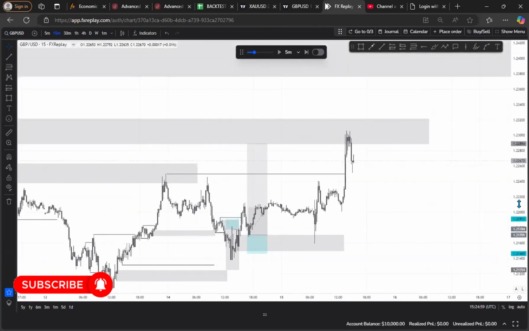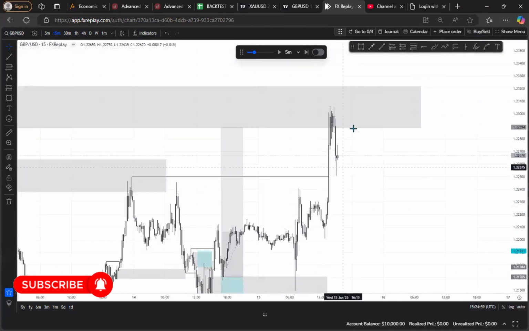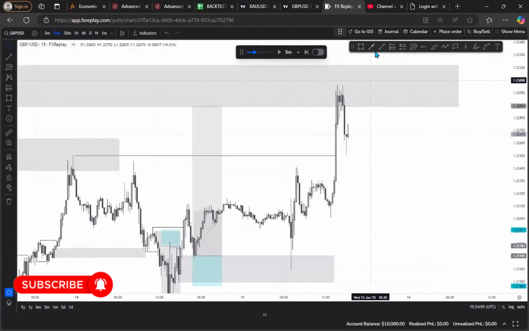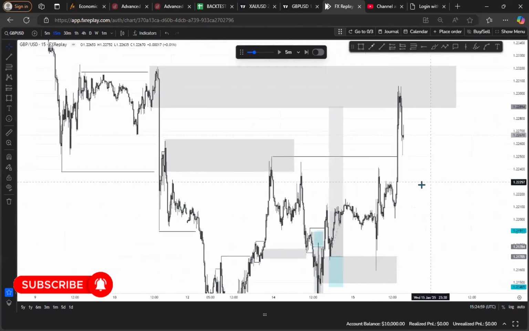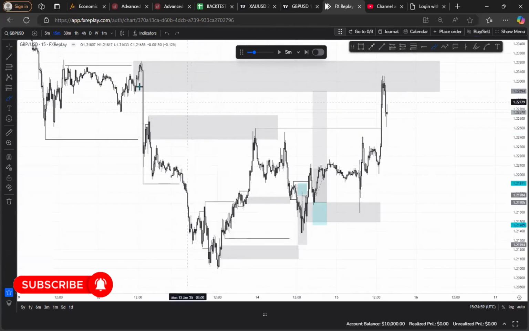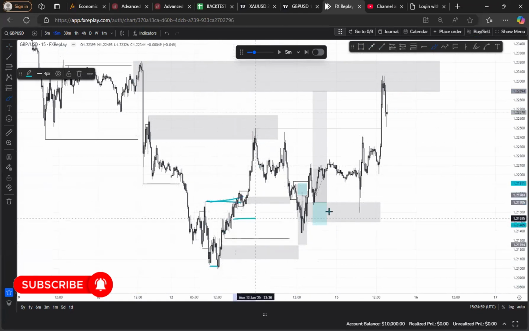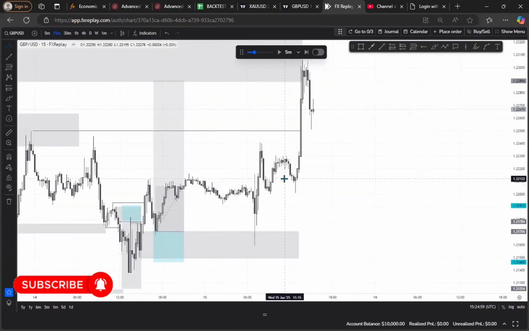So what did I look for? I want to continue this buy to the upside. I know there will be a reaction from here. The reaction from here may not break this low, so I'll still continue following this structure. Remember, we have a sweep, a break, a sweep of liquidity from here, a break as well. So I'll be expecting price to come again, sweep liquidity and break structure until price starts showing me signs that